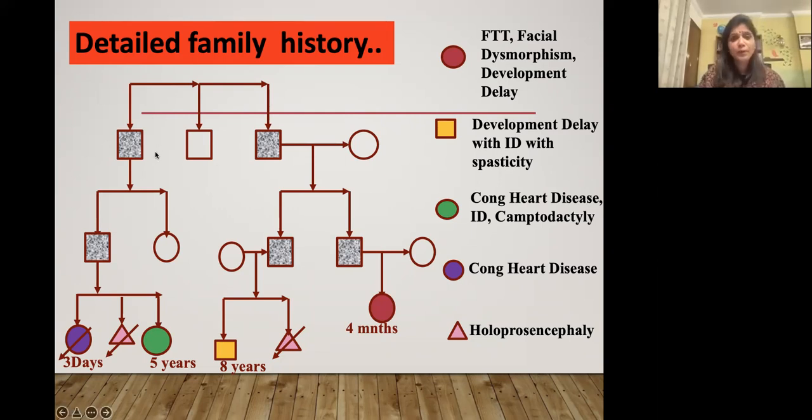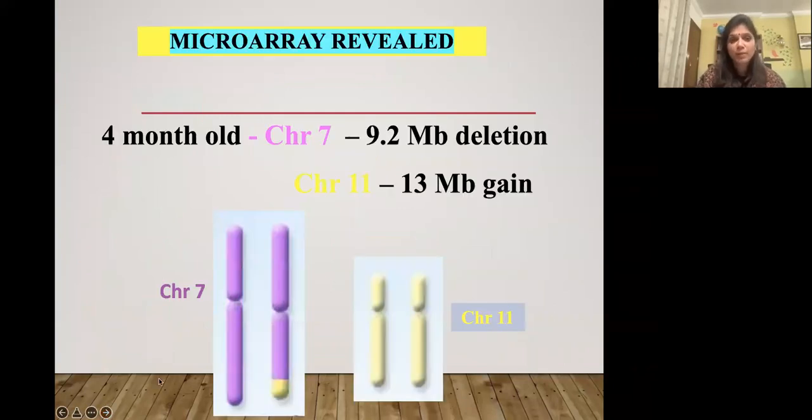And here the genetic suspicion becomes higher and higher. Now we know that probably we're looking at some malformation syndrome. It could be chromosomal, it could be single gene. So we did a karyotype in this girl, and the karyotype came out to be normal. However, because of a very high suspicion of a genetic disorder, we went ahead and did a chromosomal microarray,